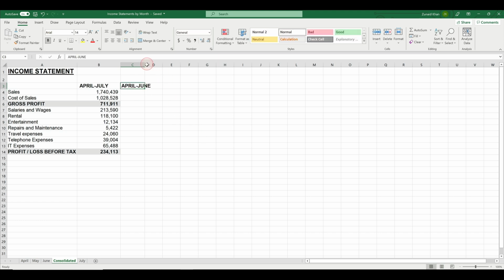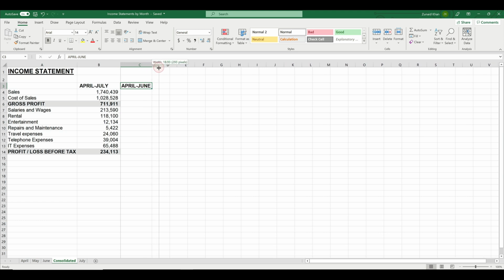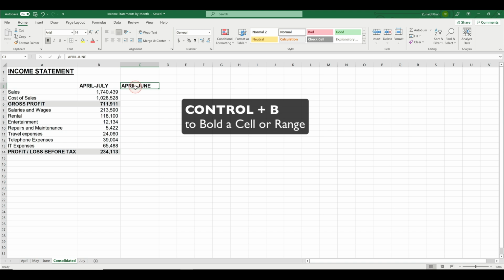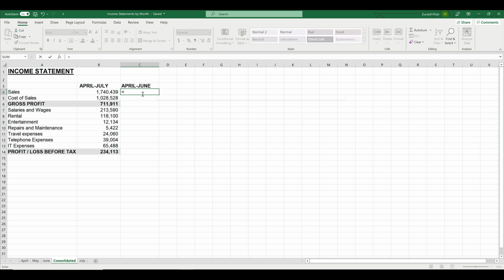So we're just going to bold that. Remember, the shortcut key to do that was Control B. You can actually bold any range that you've highlighted or the current cell if you're on it. So the way to do this, and to show you how it's actually much easier, is I say equals the sum formula. So I'm typing this in,